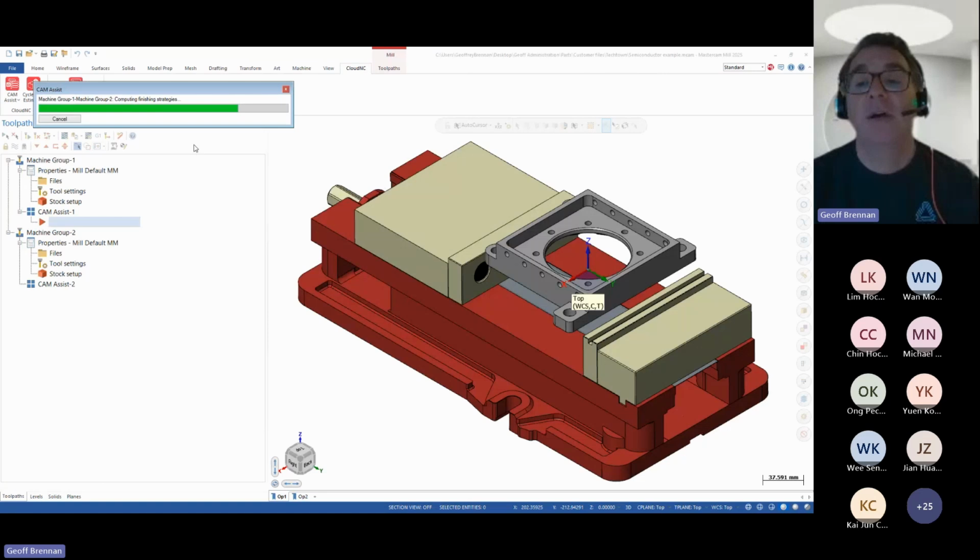it's examining the whole part geometry within the constraints of the selected tool libraries and the work holding, and it's breaking down the part as a machinist would. And it's not doing feature-based machining, which you might be familiar with in Mastercam. It's actually doing the whole part geometry and examining the millions and millions of possibilities based on what the tools it has available, and then it's creating its own set of strategies, Cam Assist set of strategies. And those strategies will then be mapped back into Mastercam.